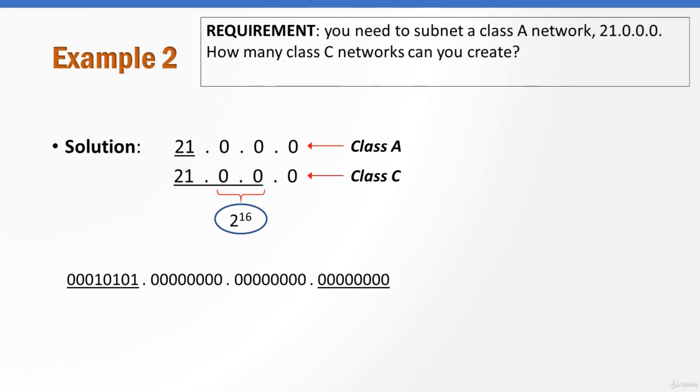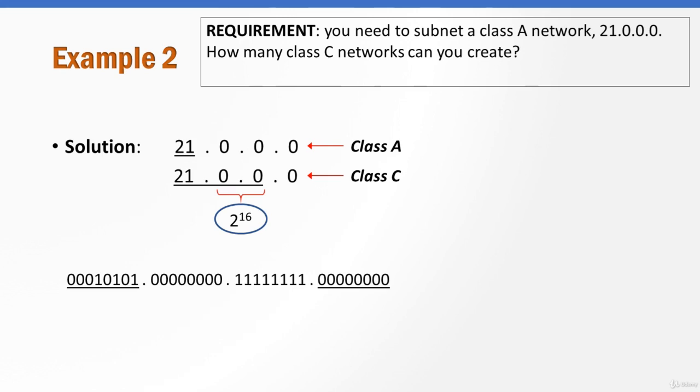So of course, we're going to be changing the host portion to assign specific IP addresses to specific endpoints or hosts, but for subnetting purposes, we're not going to change that last octet. So for example, the first Class C subnet is going to be 21.0.0.0. The second one is going to be 21.0.1.0. The third one is going to be 21.0.2.0, etc. It's going to be 2, 3, 4, and then we're going to go all the way to 255